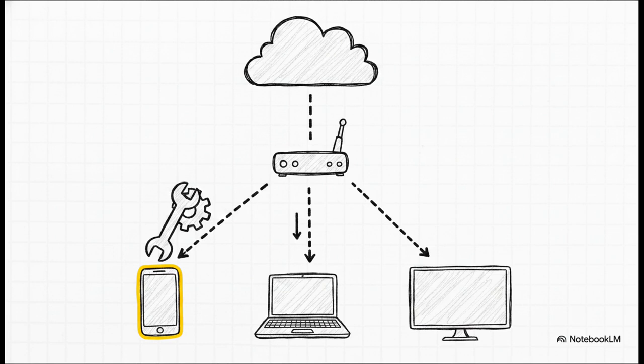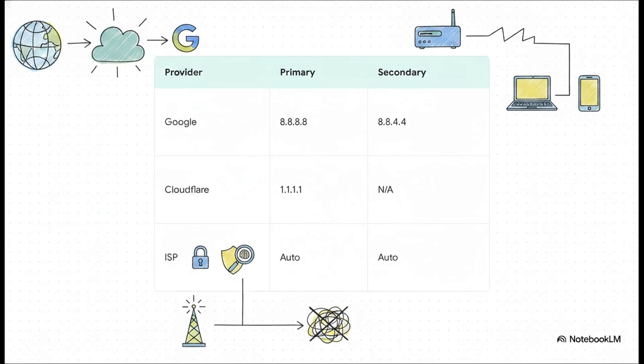However, as we just learned, automation sometimes fails. Knowing the public DNS numbers yourself allows you to step in, override those automatic settings, and perform manual troubleshooting in the field to get that vital translation working again. Now, what's really interesting here is that there are famous public DNS options that you can plug right into your device settings if your default provider goes down.